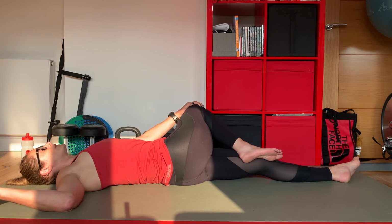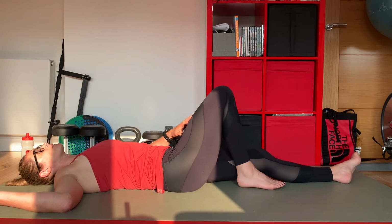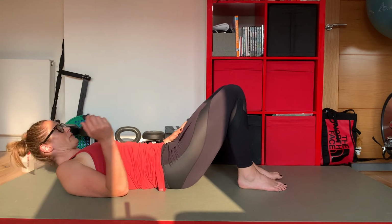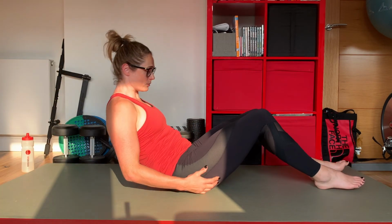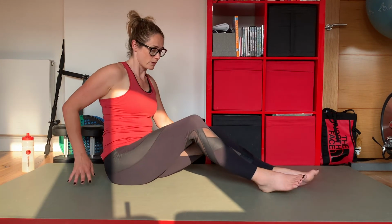Now these are definitely the type of stretches you want to do maybe 2 or 3 of. So you could definitely pause the video here and do these a couple of extra times. Excellent. Come back to the middle. And then very slowly we're going to come to sit up for the final stretch. So this one,